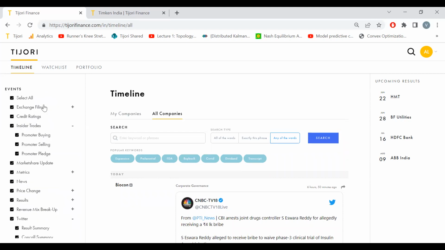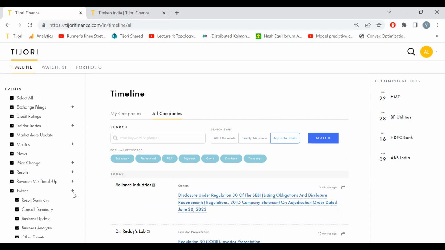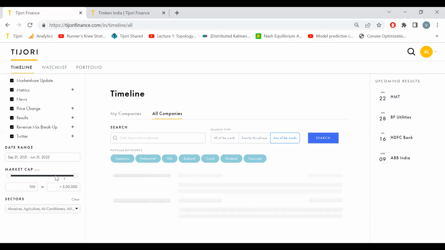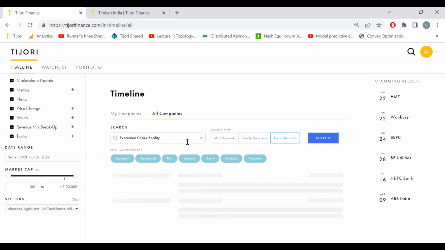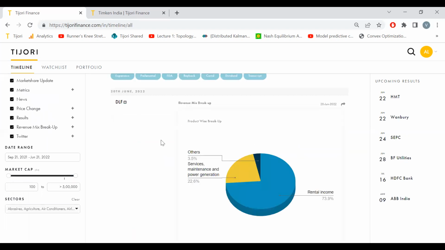And what you can also do is search for terms. I'm just giving you maybe too many ways to discover companies, but maybe you want to search for a term amongst all filings. Let me just change the market cap here. And you say you want all the filings that have released or mentioned expansion or capex or facility. It just searches across all, and in one place, hopefully you should get it very soon.